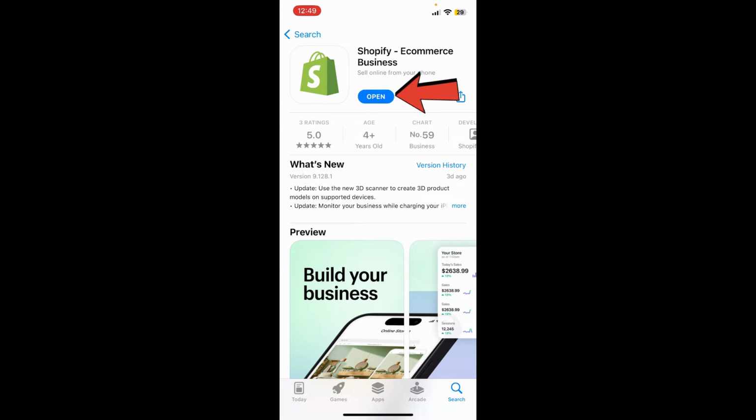If you see an open button on the page, that means your application is up to date and there is no need to be doing that right now. But instead, if you see an update button, make sure to hit the update button and download the necessary application